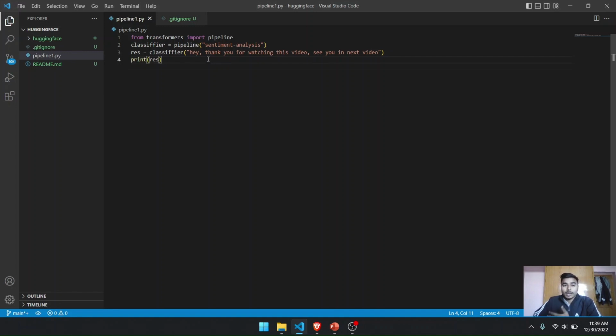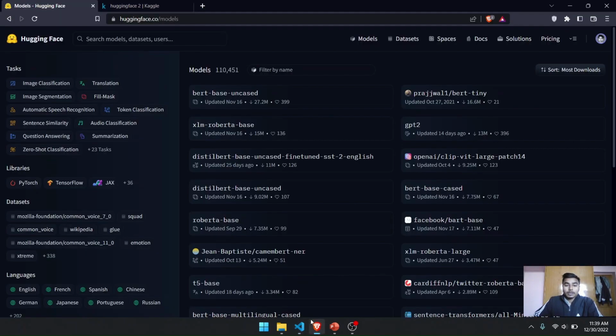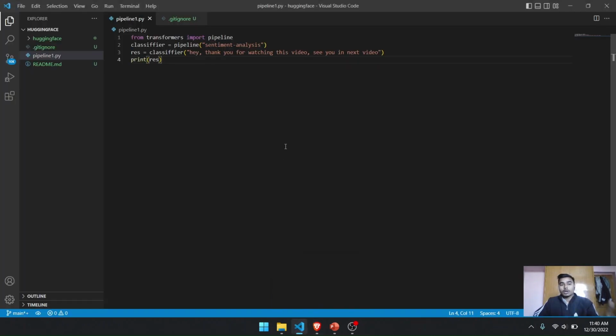The task was simple. We had to just classify the sentence as either positive or negative. So it was the basic introduction to Hugging Face, how we can use it and how easy it is to import various pipelines. There are multiple pipelines in Hugging Face which we can use. For example, we can use multiple models in Hugging Face which are available in the open source community. But in this video we are going to go a little bit in depth in the pipeline section